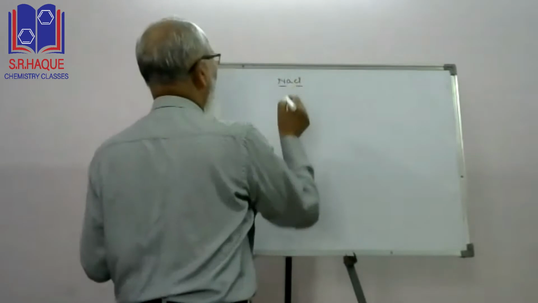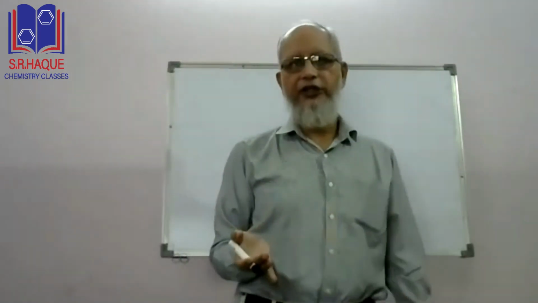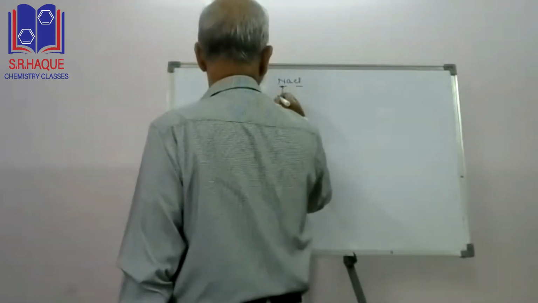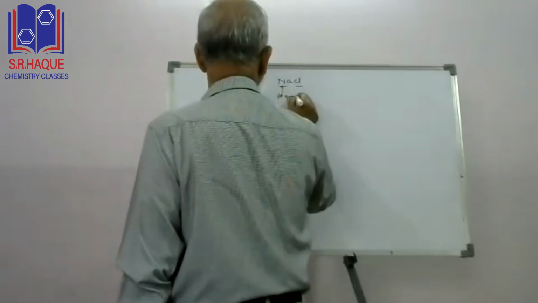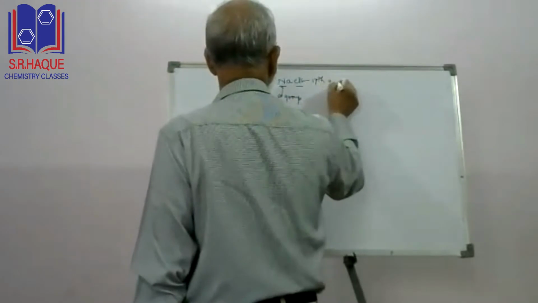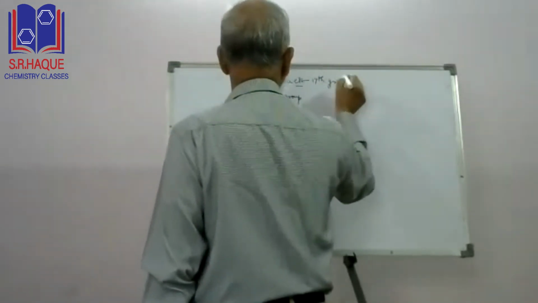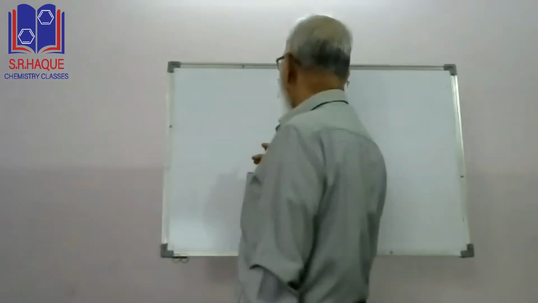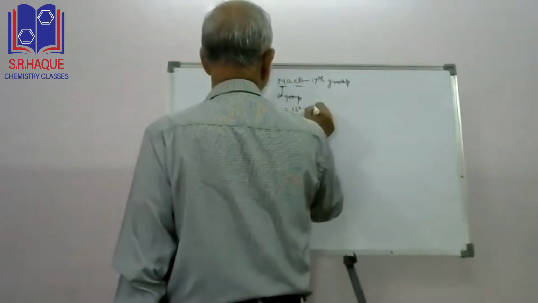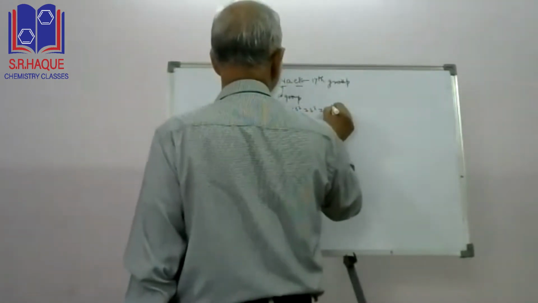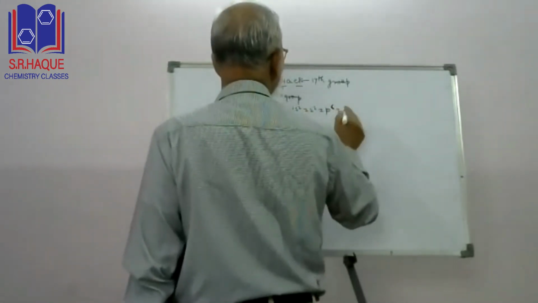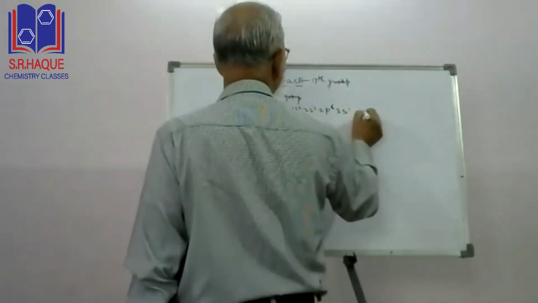So, as for example, take sodium chloride. Sodium belongs to first group, chlorine belongs to 17th group. That's why it is natural that this will be an electrovalent bond, as this is in first group and this is in 17th group. In order to show the formation of the electrovalent bond, you first write the electronic configuration and find their valence electron: 1s2, 2s2, 2p6, 3s1. Its valence electron is 1.